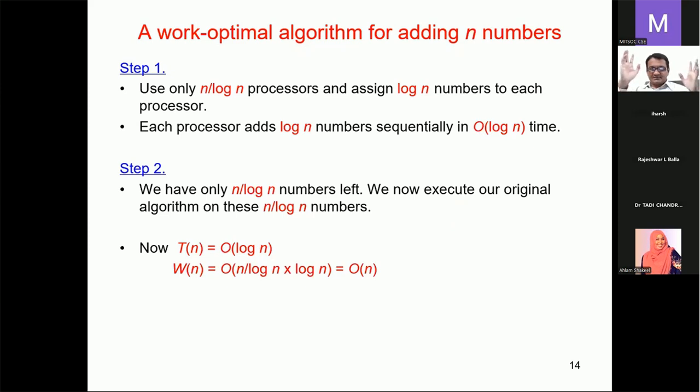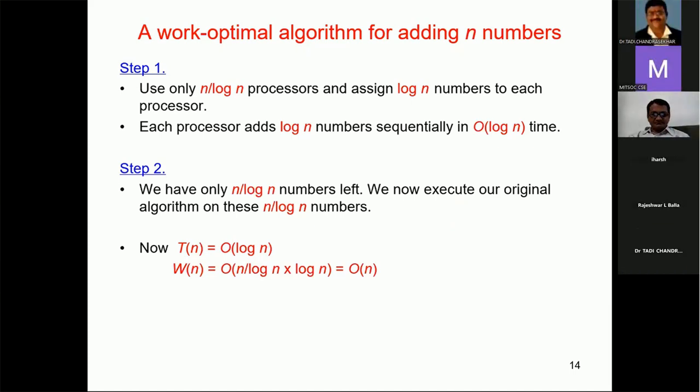Are you getting me? I want every participant to understand. I'm really happy that at least some participants are responding to what I'm discussing, but this is how it is evolving, right? Okay. So now, Dr. Tadi has raised a hand. Please continue. Dr. Tadi Chandrasekhar has raised the hand. Do you want to ask some question? No, sir. Continue. Okay.